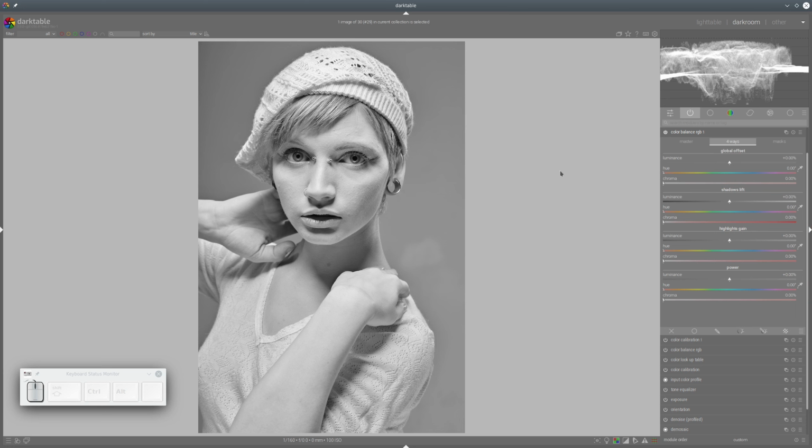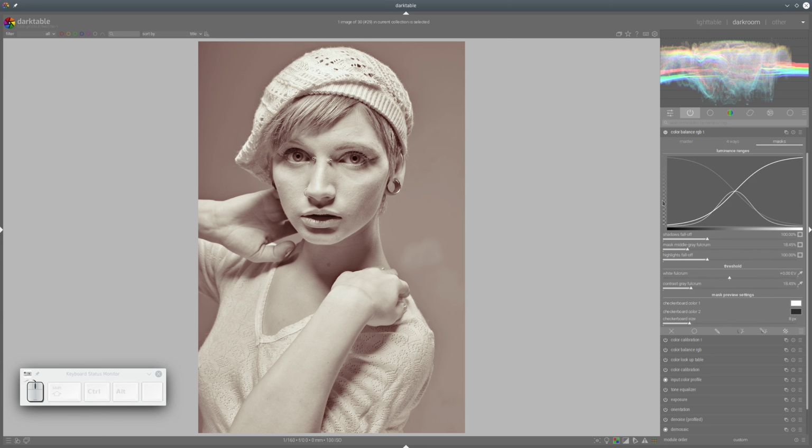For that purpose I will start with shadows. I will give the shadows some reddish look, something like that, and then give to the midtones, which is here the power function, some other color, let's say something orangey. And now we have nice transitions between those 2 colors, or a nice mix. We can also use highlights, in highlights some yellowish, but not too much. And as you can see, we have already a quite nice sepia tone, but we can improve it even more